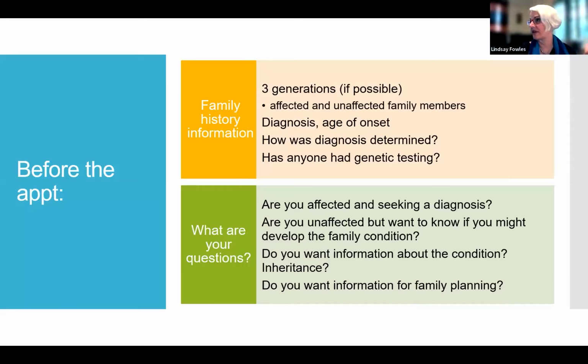Whatever you can give, that's fine. But not only do we want to know about family members who've had the condition, we also want to know about how many family members don't have the condition. We want to know roughly what was described as their diagnosis, roughly how old they were. How did someone make the diagnosis? Were they actually assessed by an ophthalmologist? Or has someone just said, oh yeah, Granny couldn't see when she went outside at night, someone always had to go with her? And most importantly, has anyone in the family already had genetic testing?